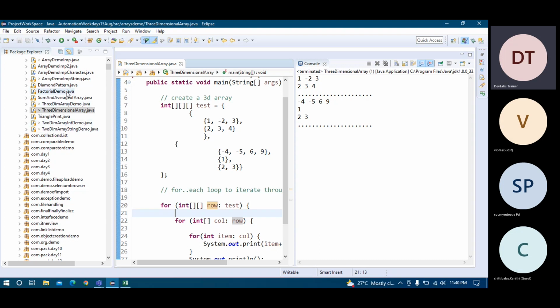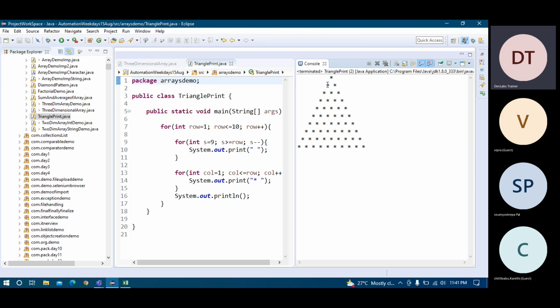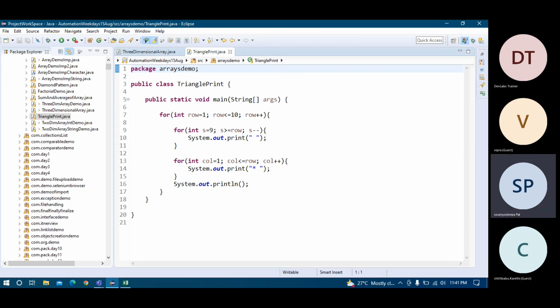Okay, then I think this is the array of arrays example, and I have some lab exercises which I will take tomorrow. Tomorrow we have classes, so we will see how to use the for loop. While using a for loop, you have to learn how to design some patterns. We have some design patterns like you see here. I will just give you some idea. Running it, while using a for loop, you can design like this. So we will learn these kinds of things tomorrow. Just remind me if I skip this topic tomorrow. Okay, sir.